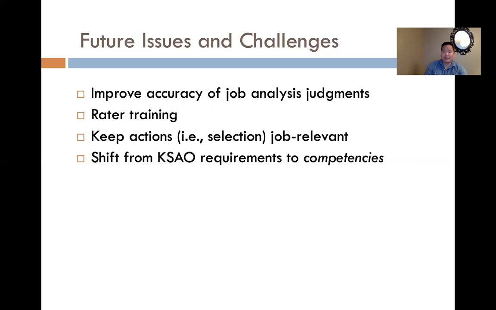Going forward, we keep trying to improve accuracy. We keep trying to train raters and SMEs to do job analyses more accurately. And I think the biggest challenge, it's actually not on here, that we face is as work goes increasingly remote, how do we do job analysis when we're not there, if we're doing job analysis remotely? And the big question is, how are jobs going to change in the next 10 or 15 years? On the plus side, IO psychologists will be in demand because these jobs will change and we will have to do more job analyses.